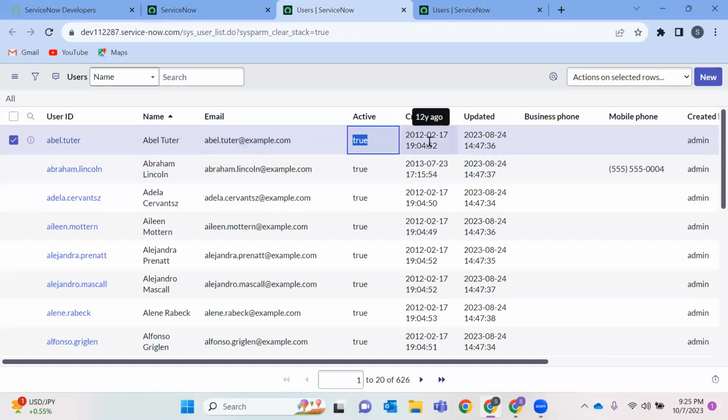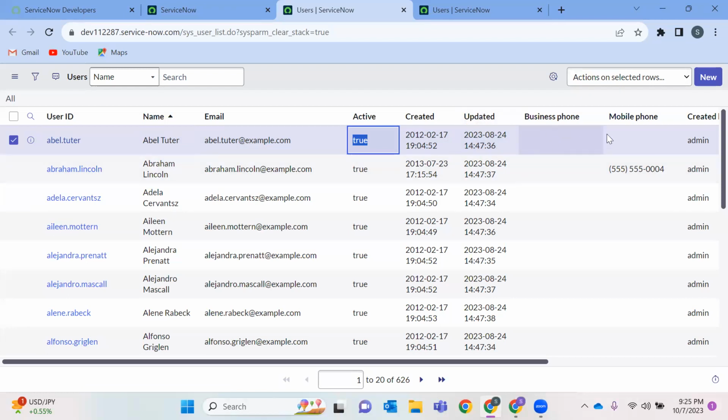If I just hover my mouse over created, I can see 12 years ago this user was created. But it was updated just a month back, that means in the month of August 24, 2023 at 2:47:36 in the afternoon, there was an update.